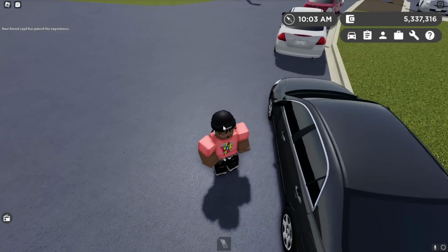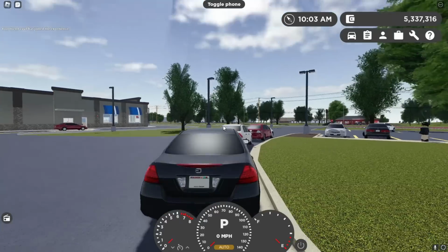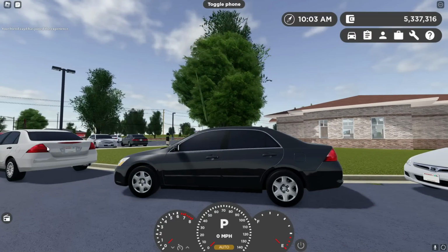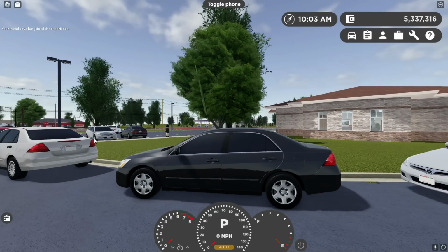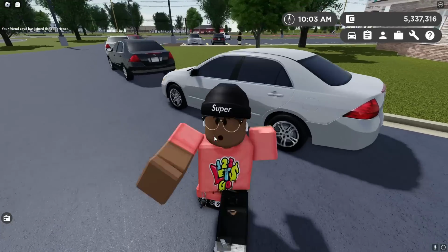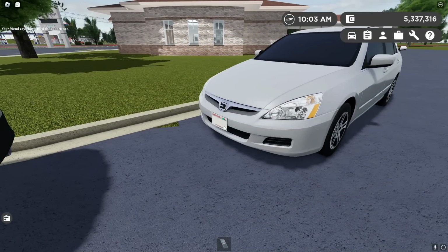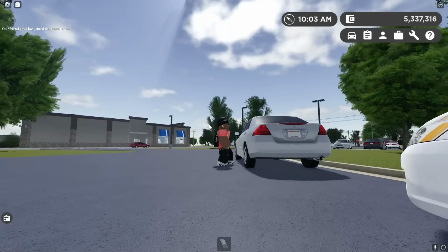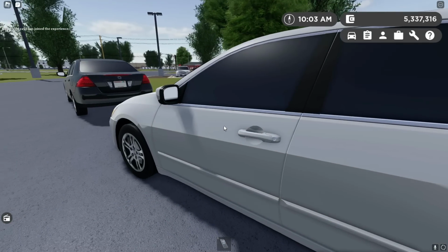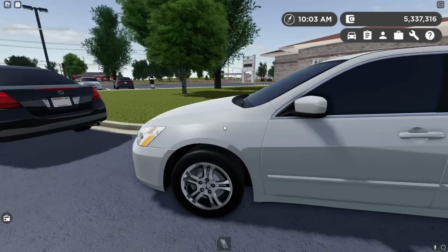This is Roblox after all, so you can't tell everything. This does have a 4-cylinder again, so there's no point in me driving this. This has a similar tune to the value package. Next we have the LX Special Edition. The only thing I can see so far from this is actual rims and not hubcaps. You still don't get fogs or anything, and it's still a 4-cylinder, so this one's not any more special compared to that one. I'm sure the Special Edition has more stuff IRL, but